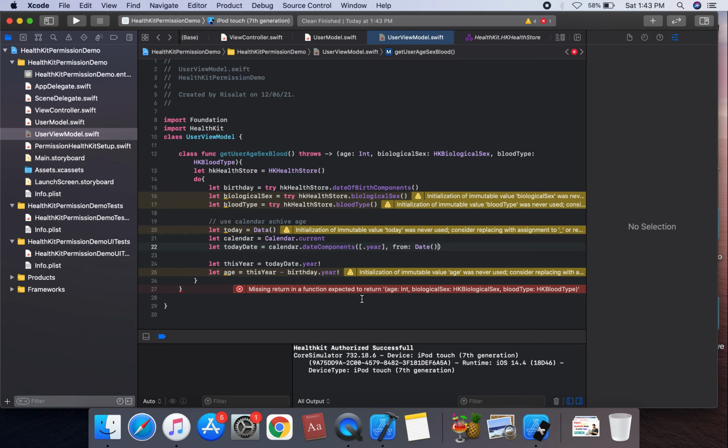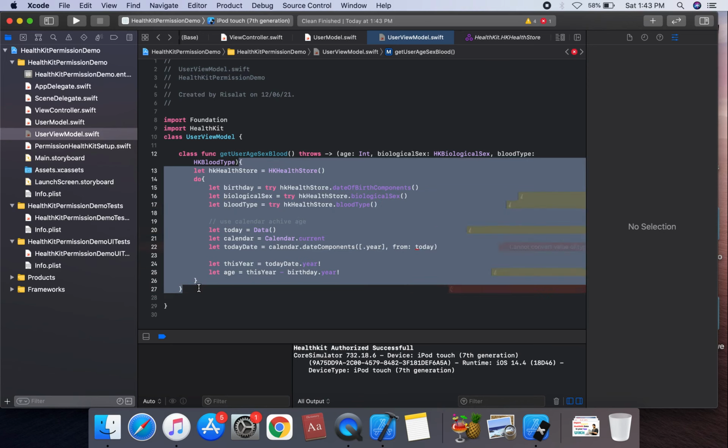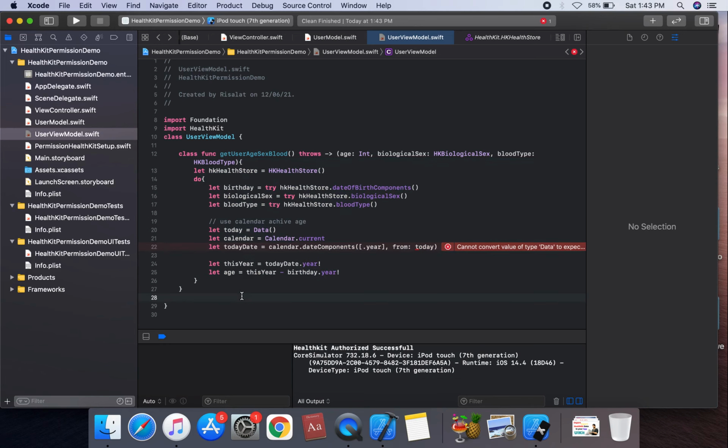Missing argument, SQL value is tuple return. Okay, we can use the return. Suppose this is a today, and we can use the return statement, SQL biological type. So the return statement is used on this, unwrapping this value. Let unwrap biological sex, unwrap biological sex equal to biological sex dot biological sex, and let